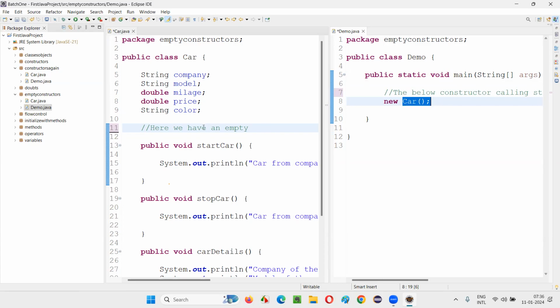There is no other use in this. But why is Java creating an empty hidden constructor? Because whenever you write an object creation statement, you have to put the circular brackets and all. That's a must actually. Whenever you create an object, you have to create a constructor calling statement inside that. That's the syntax of the object creation statement. Even though there is no constructor, we should not get any error. That's the reason an empty hidden constructor is maintained here. Able to understand or any more confusion?